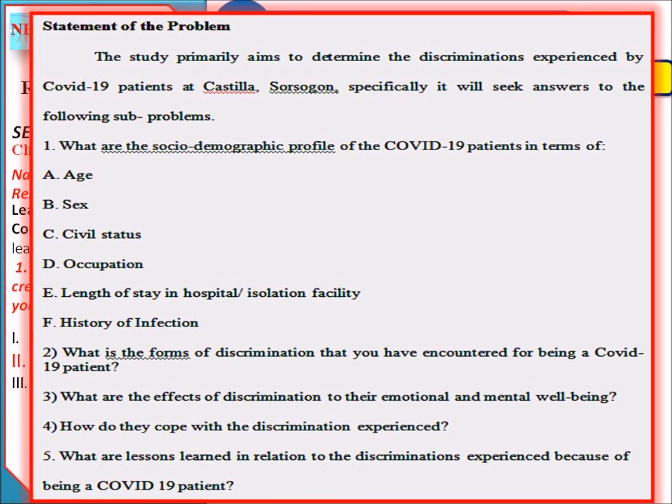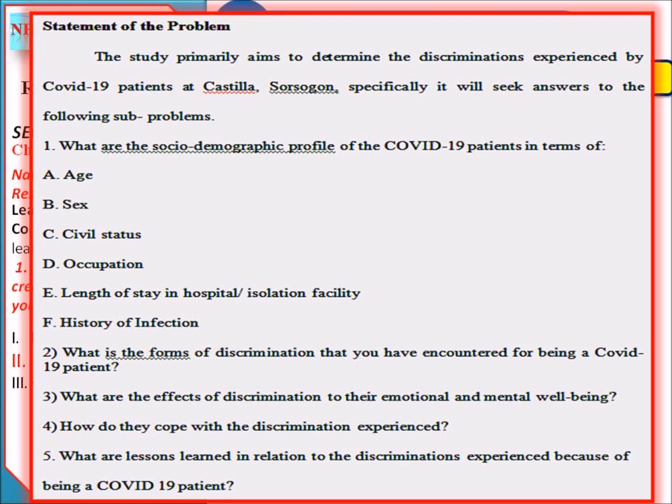The content of the statement of the problem, the general statement: the study primarily aims to determine the discrimination experienced by the COVID-19 patients at Castilla, Sorsogon. Specifically, it will seek answers to the following sub-problems. So we have here 5 sub-problems. Number 1,